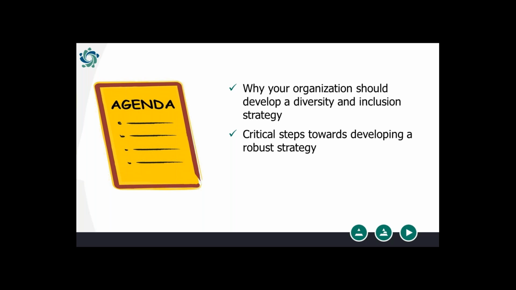There are a lot of stats in the news recently around women and where they're ranking in terms of pay at the senior leadership level, and we're still not seeing the levels of visible minorities in the workplace, et cetera. So there's lots of data showing that this is work that still needs to be done. I'm going to walk you through what it takes to develop a well-researched and systematic approach to developing a strategy for your company, and lastly, any pitfalls that may occur.